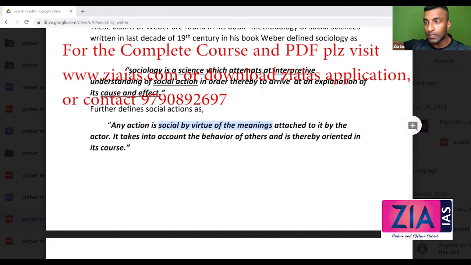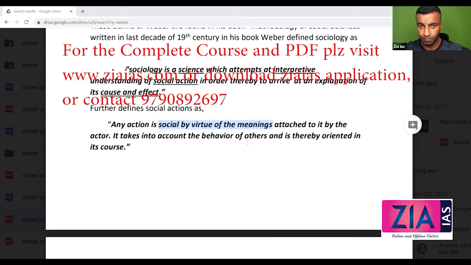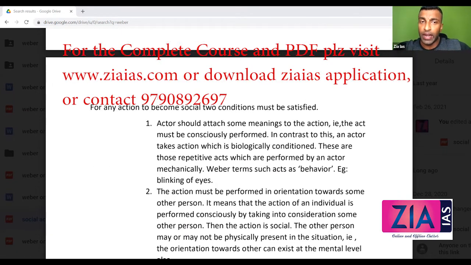So it is oriented towards that person, but not directly. It is indirect, right? So this orientation can be direct or indirect. There should be meaning. The orientation can be direct or indirect. I hope you understood this point. So the meaning is an important part, orientation is an important part. Any confusion here? So that's about the definition. So for any action to become